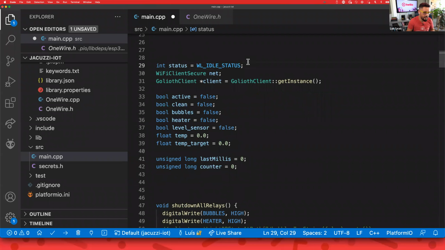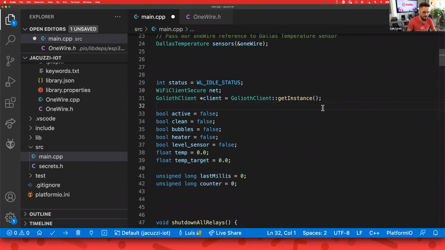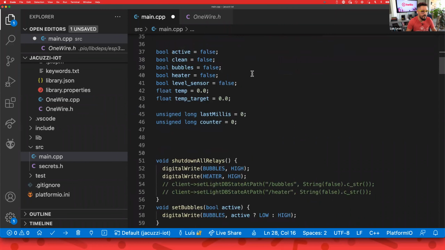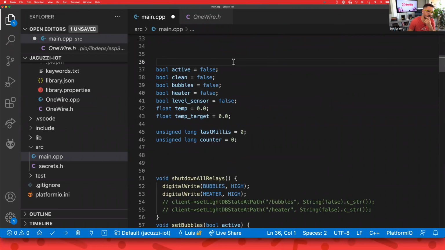I have other things about that from the Wi-Fi part. So I'll just tell about that a little later. And then I have some variables here, and what I'm doing with